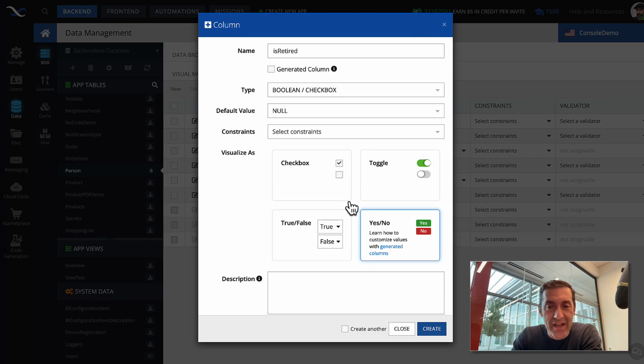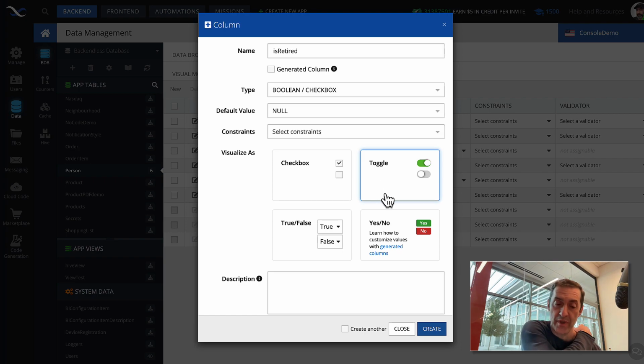If these are checkboxes, toggles, drop-down boxes, then you can modify that value easily just by clicking the checkbox or toggle. For these labels, I think once you click, it goes between yes and no. So once again, whatever makes sense in the context of your application, whatever you prefer as far as visualization, pick that option.